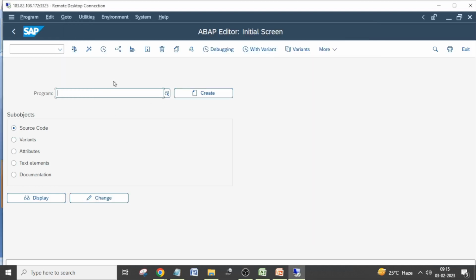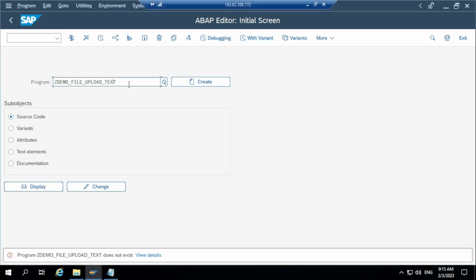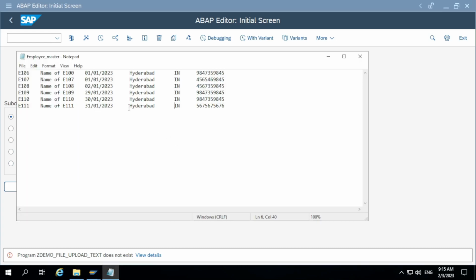Okay. So in the last session, we created a program with tab separator. Today we'll create one more program with different file separators. This is a tab separated file, but in projects, mostly we use a comma separated file like this,